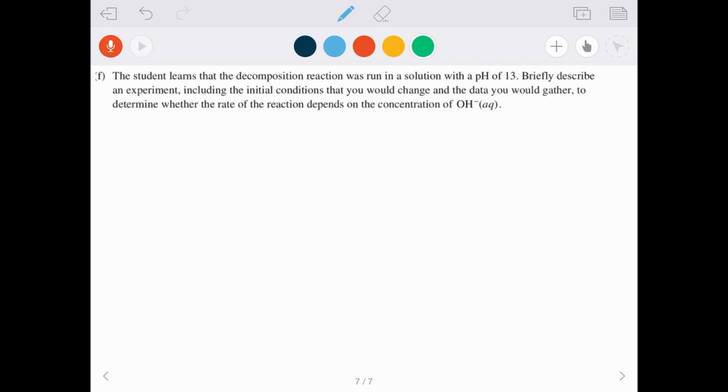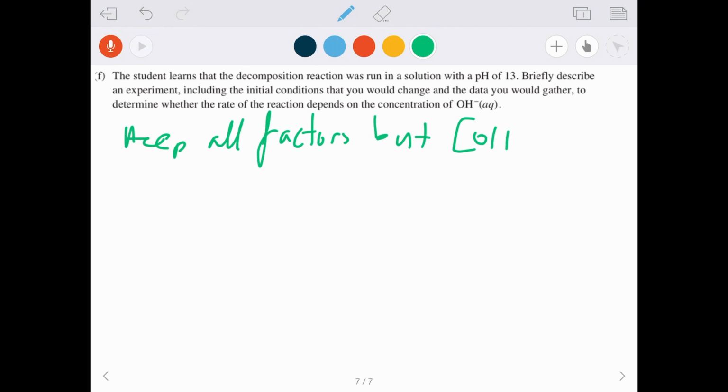This final question, we are asked to consider the pH. We learned that the decomposition reaction had a pH of 13, and we're trying to find how the reaction depends on the concentration of the hydroxide ion. So we need to keep all factors except for the concentration of hydroxide constant